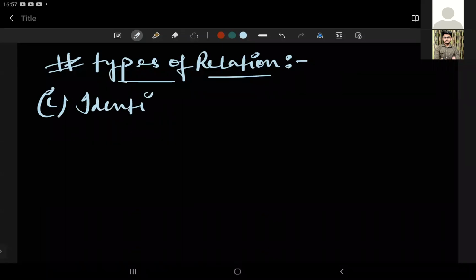Anyone, what is the identity relation? I think it's quite obvious from its name, like algebraic identities and all, that stuff. You can explain with an example, that would be the best. Which function is called an identity function? I think it is given in NCERT, class 11th or 12th NCERT. Which function is an identity function?